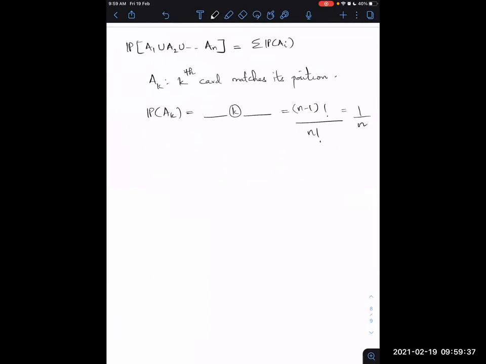And the intuitive way to see the 1 over n directly is to note that any card can go to any position because these cards are shuffled with equal chance of being in any position. So there are n positions, and each position is equally likely. So 1 over n. So we know this. So this term would just be the sum over 1 over n. And there are how many terms? n terms. So this would be exactly this.